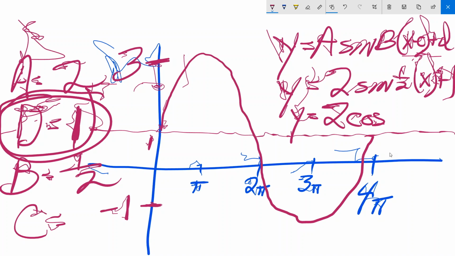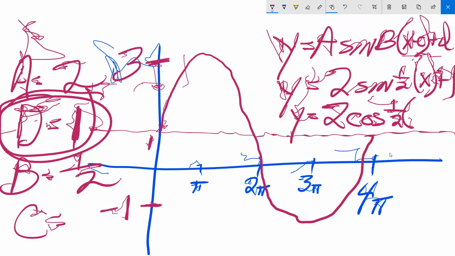Still the maximum minus the minimum divided by 2. What's D? Correct. What's B? Okay, the only thing that's different is C. In other words, how much and in which direction